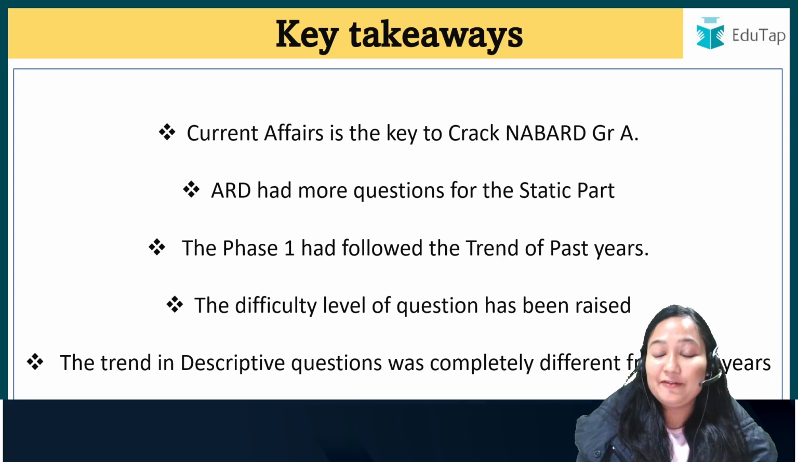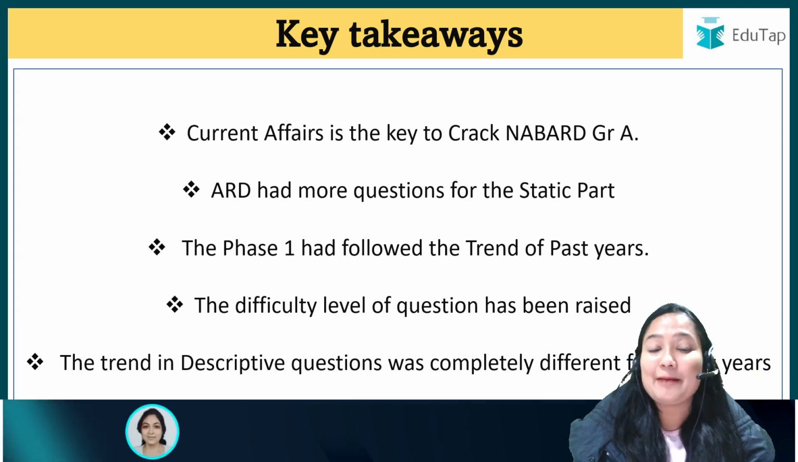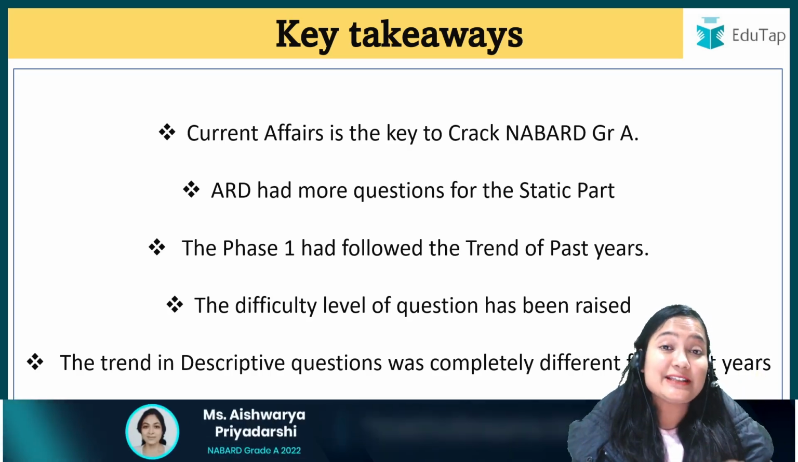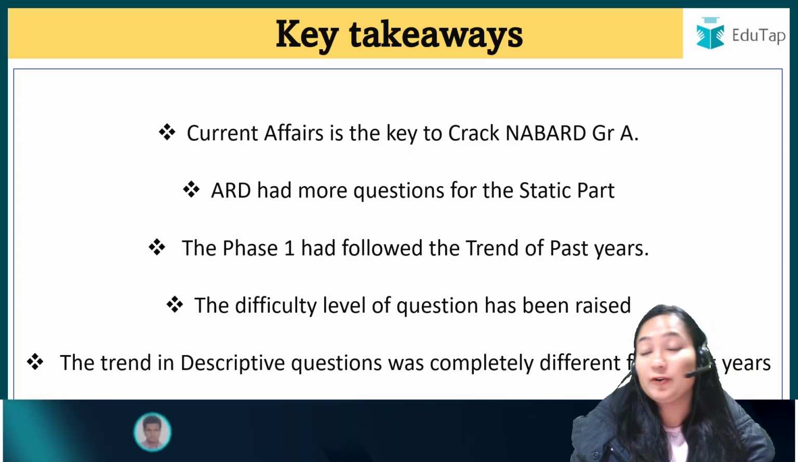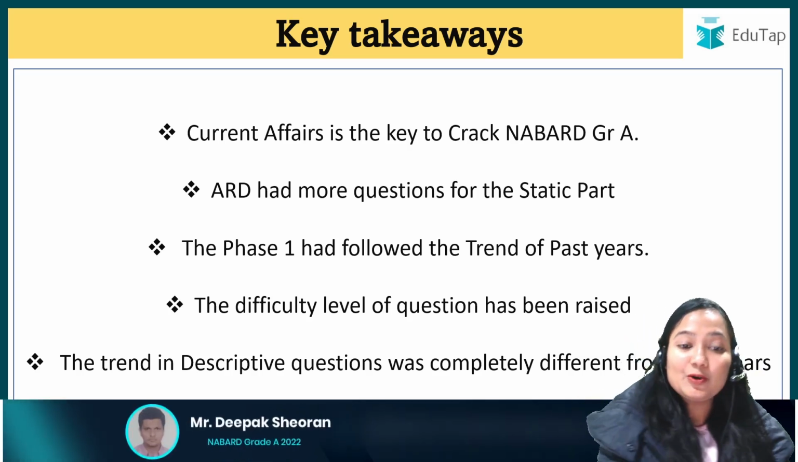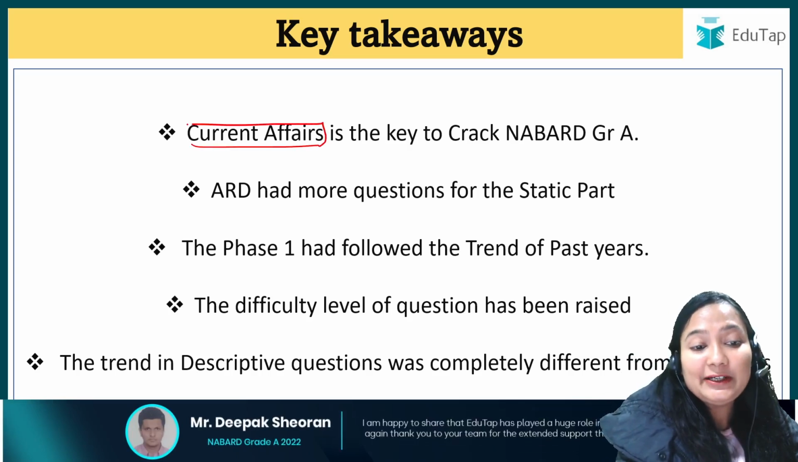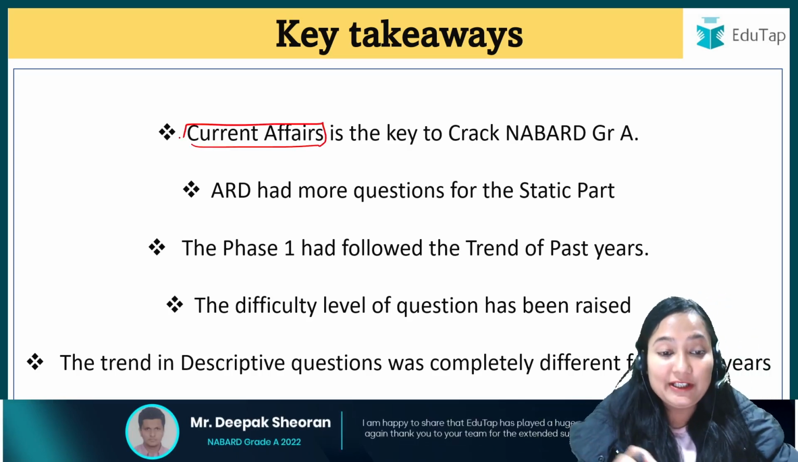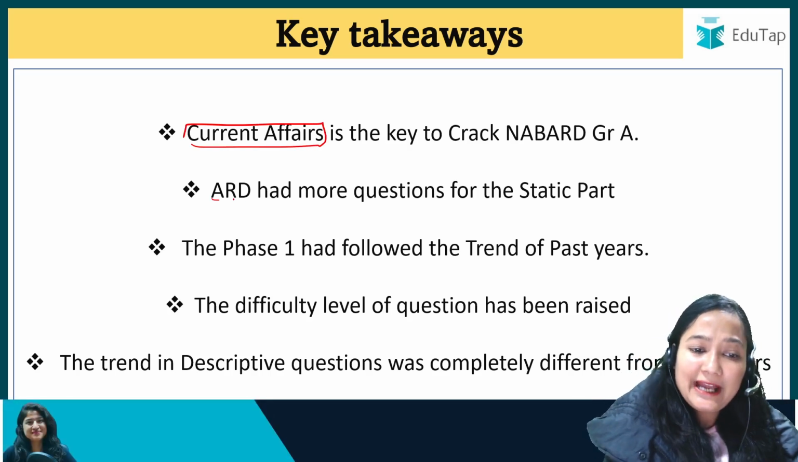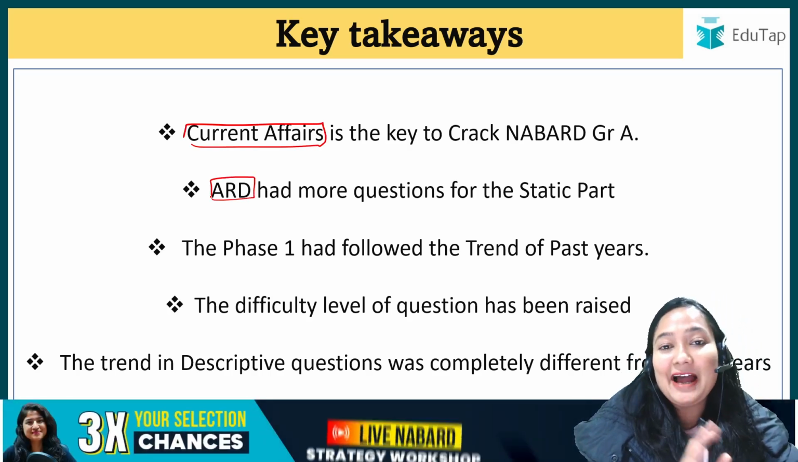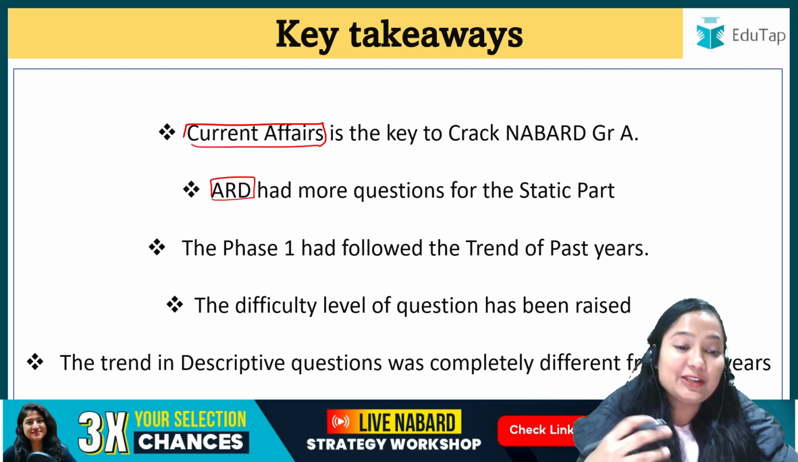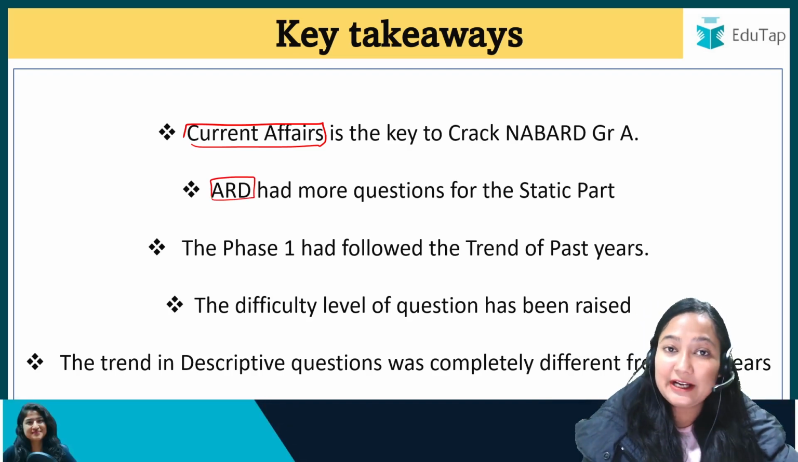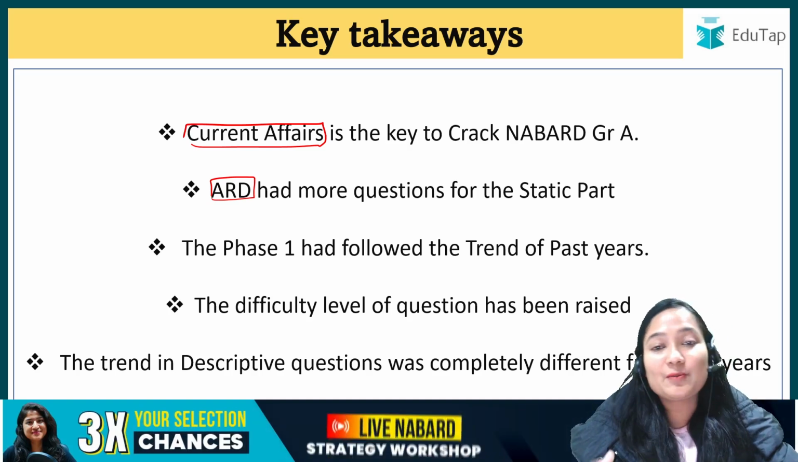So see, first, if I talk about the whole examination, current affairs this time was the section that would have made the deal for you or broken the deal for you. So current affairs was the key to crack NABARD Grade A 2023. If I talk about the ARD, it has kept the trend of keeping the static syllabus more alive. They have continued this trend, and we have seen again more questions were asked from the static portion in